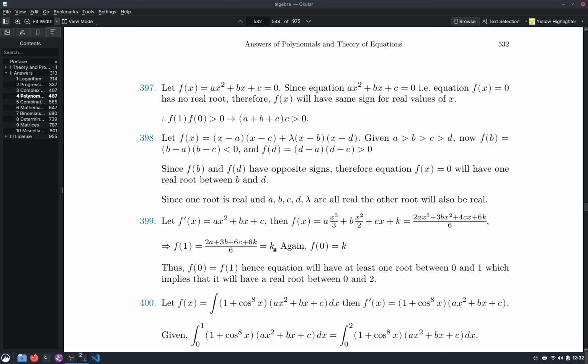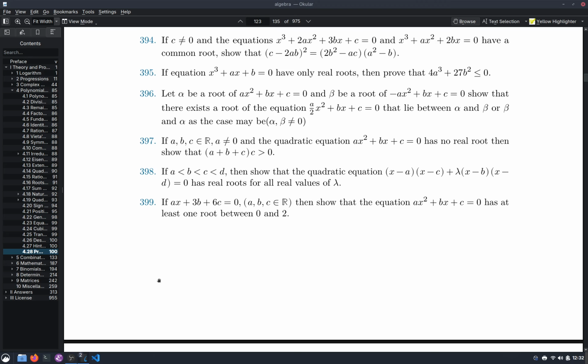Why this is k is because k is some constant. And f of 0, if we put here, it would be k. Okay. Again, I'm majorly confused. This is k because